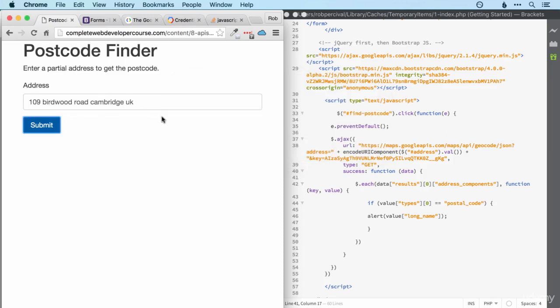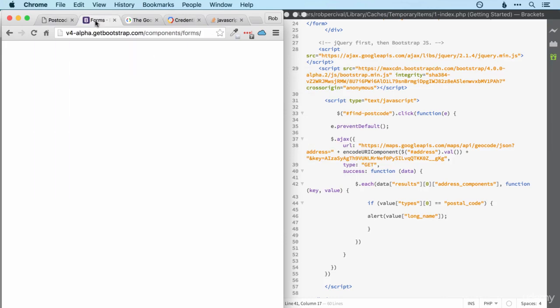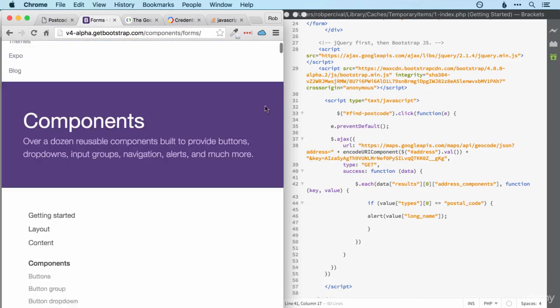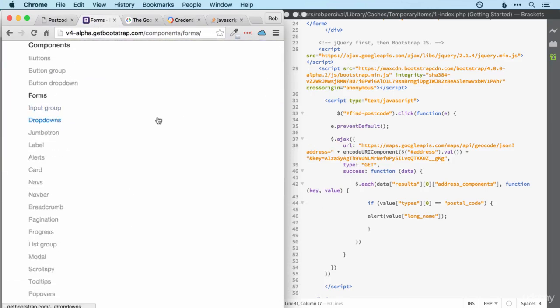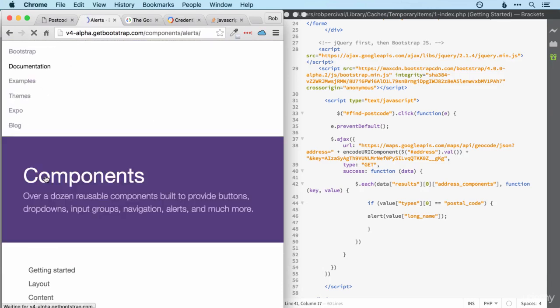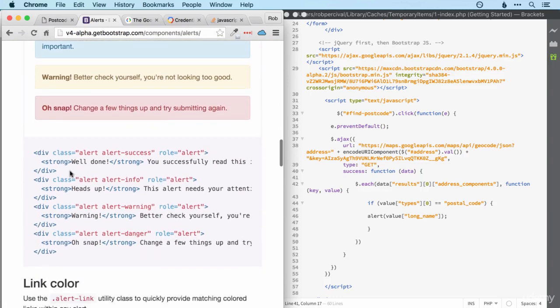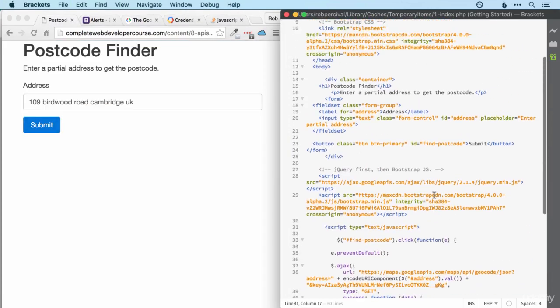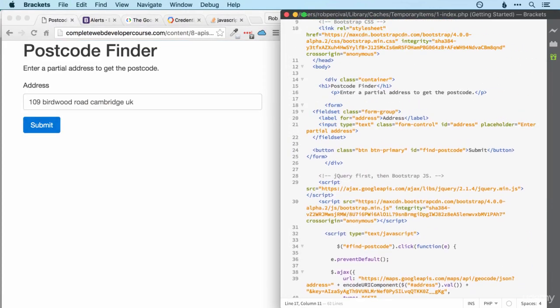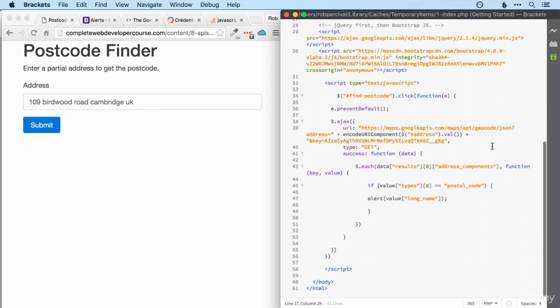We don't want to have this in an alert though, at least not a pop-up sort of alert. I'm going to put it in a nice pretty Bootstrap alert. Let's go back to Bootstrap, get the code for an alert. Here we go. So we'll do our usual thing. We'll put a div with an ID of message, and that's where we're going to put our response. So instead of alerting the postcode,